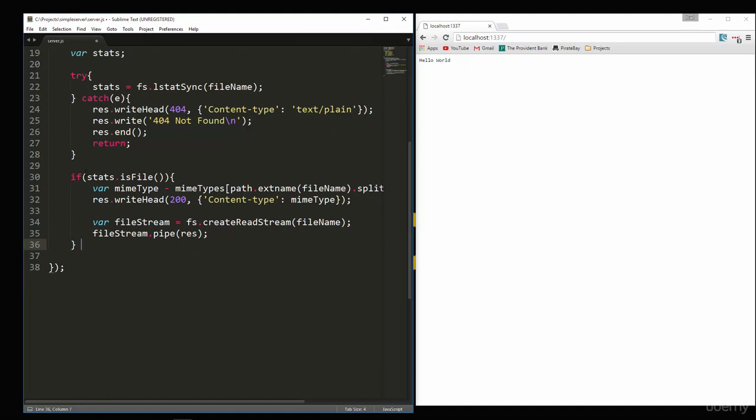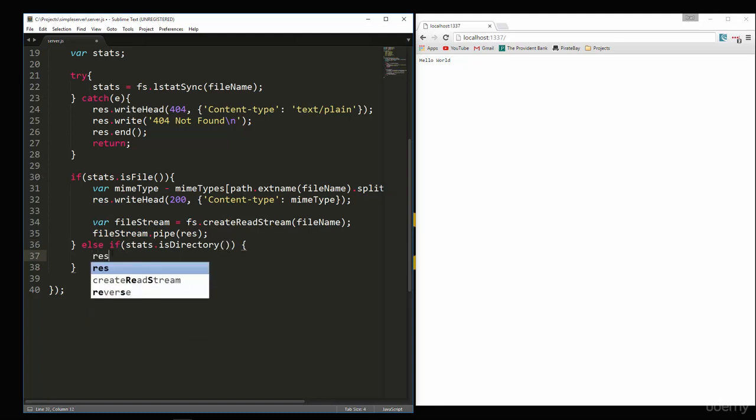Alright, so what we did here is we were checking to see if it was a file or if it was a directory. Alright, if it was a file, then it's going to go ahead and serve that file. Now down here we're going to say else. Actually, we're going to say else if, because we want to check to see if it's a directory. So we'll say stats.isDirectory. Alright, just like that. If it is a directory, then let's say